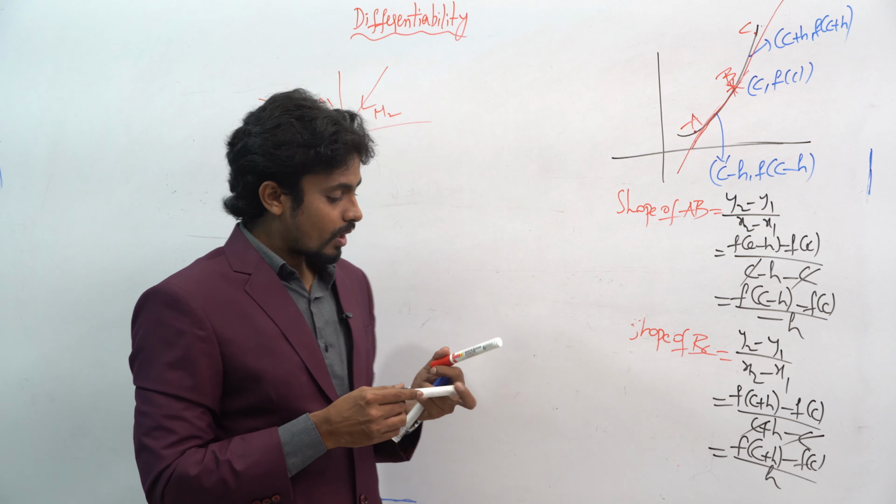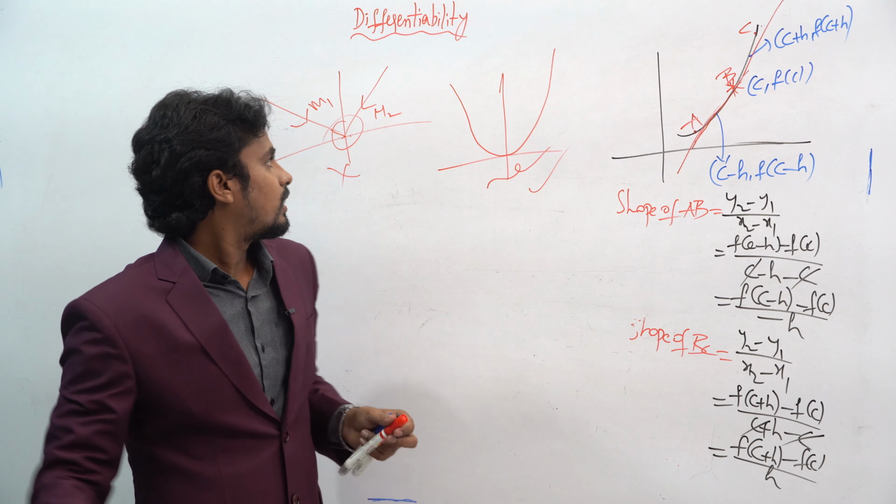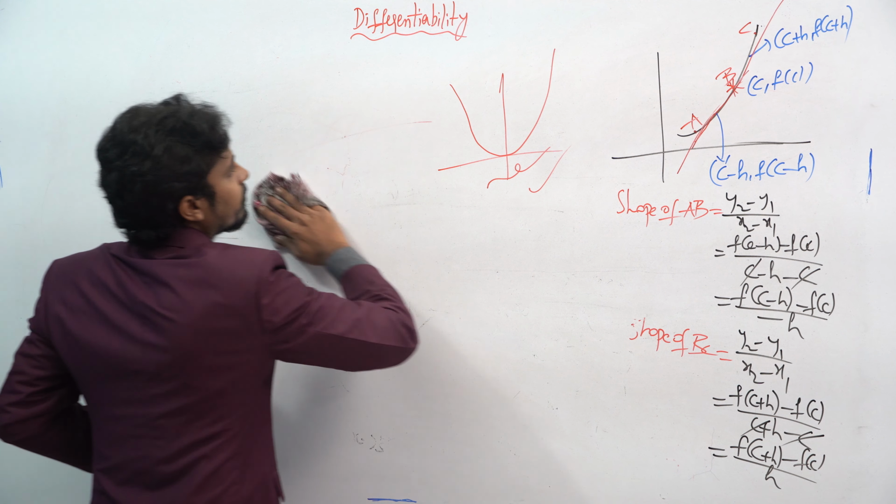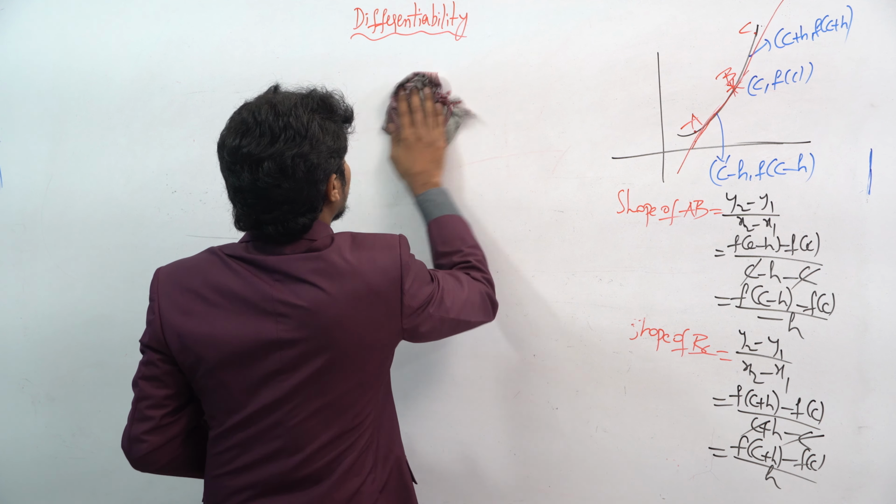Okay, in this case, for example, if you take a plot like this, here you can apply the slope operation. Here you can apply the differentiability, and here you can't. That means whenever you apply differentiability, the plot must be smooth, like this. Here it will just be smooth. Okay, next I will see some simple questions.